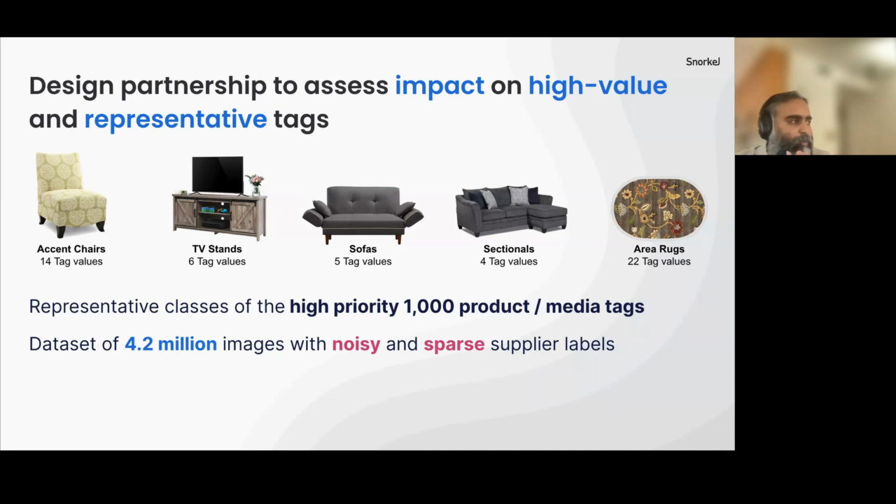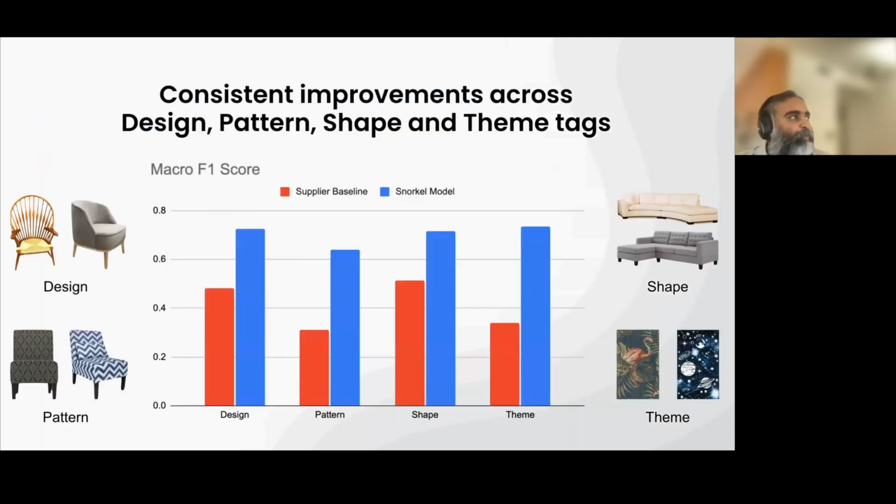This data set was about 4.2 million images, and it had some noisy and sparse supplier labels. And we applied Snorkel's data-centric workflows to this data, the workflow that we have shown in the demo. So the results were that we could actually build substantially more accurate models relative to models built using supplier label